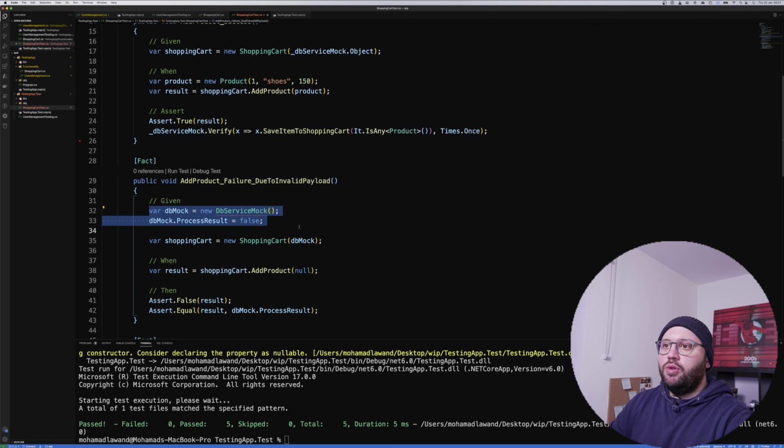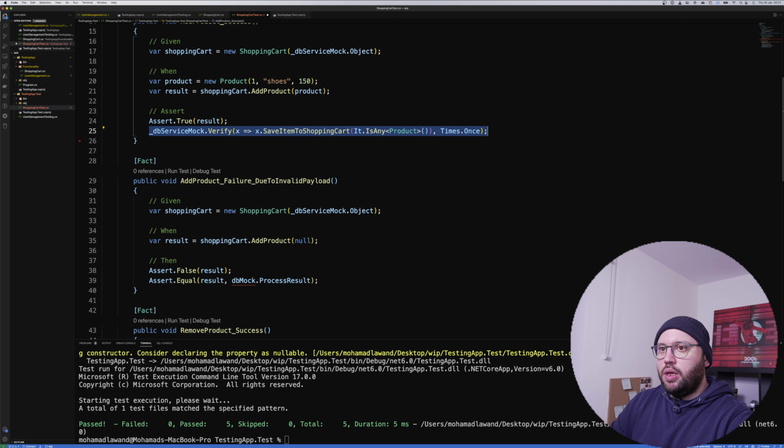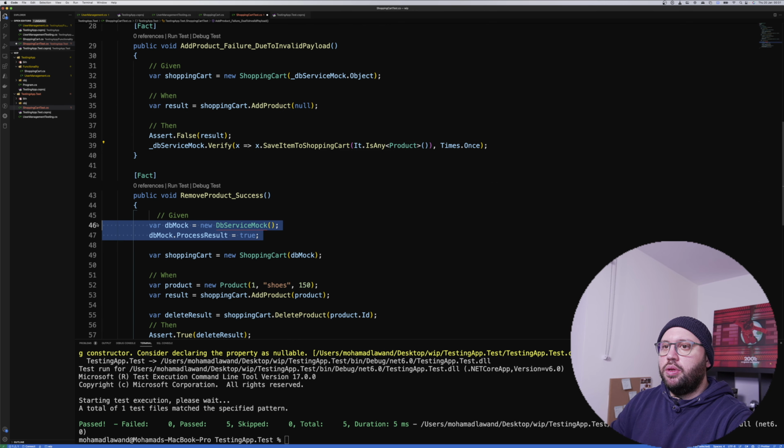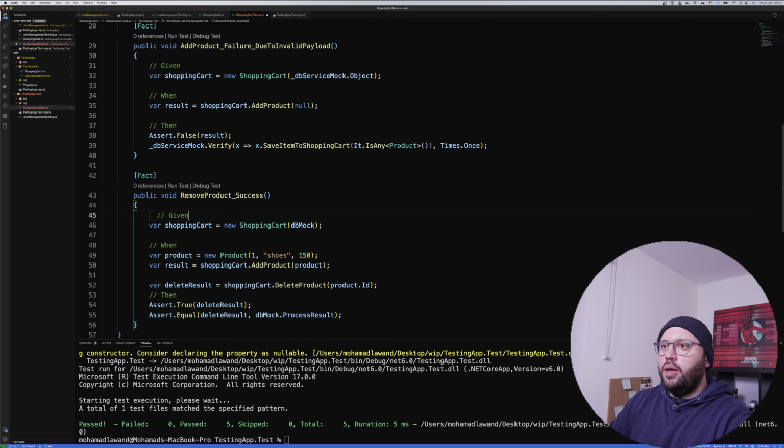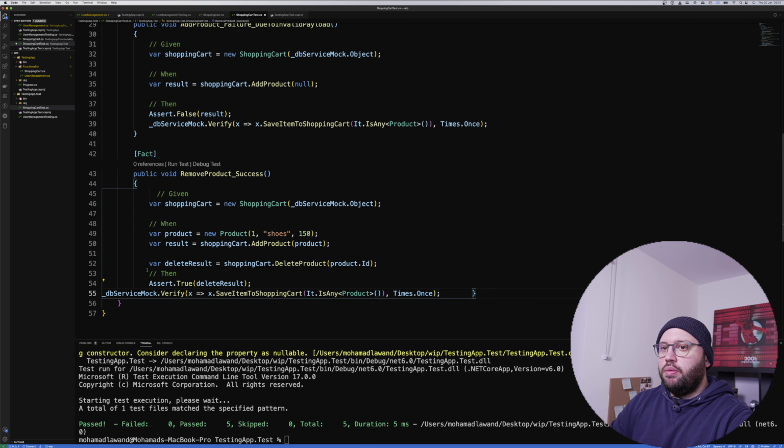So we don't need this anymore. And instead of DB mock here, as we said before, it's going to be DB service object. And then here, instead of mocking this, we can take this, and let's paste it here. And let's do the same here. Let's delete these, we don't need them. And we'll put here the DB service dot object, and let's do this right now like this. And